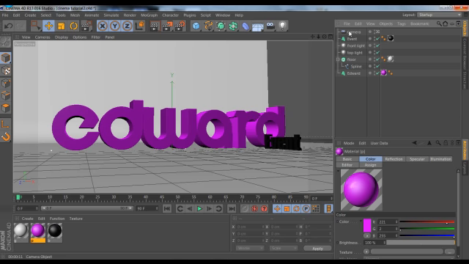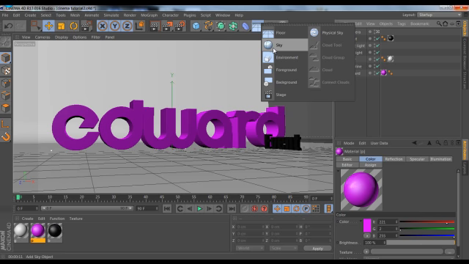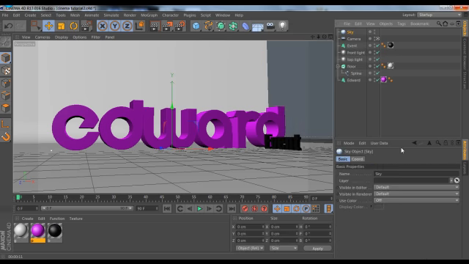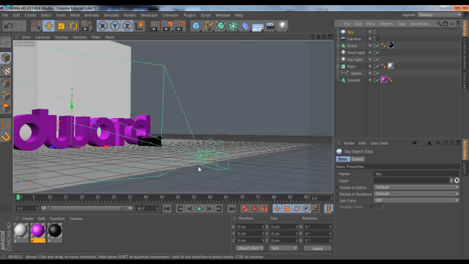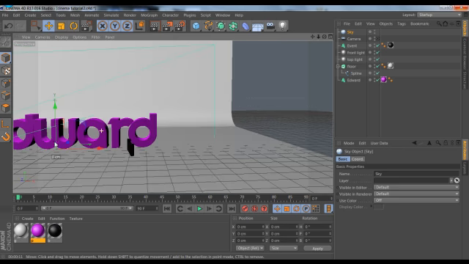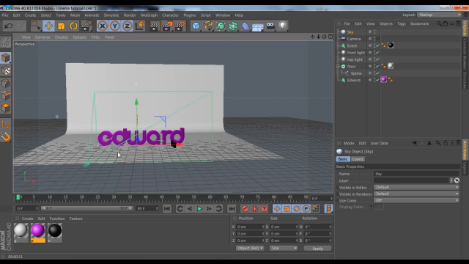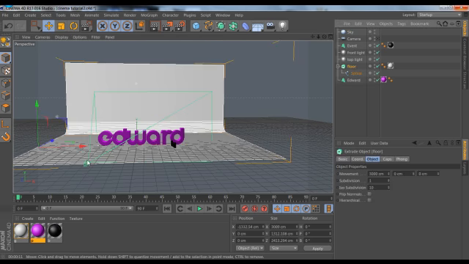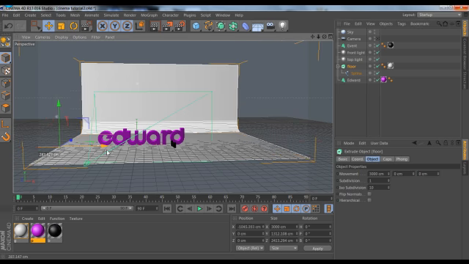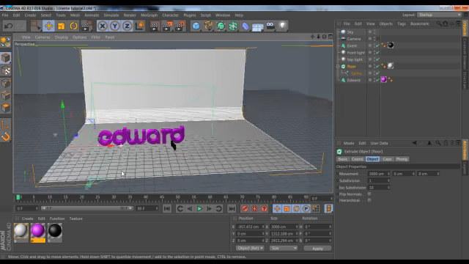So let's add a sky object. We go to this icon here, go to sky. So we have a sky object added. Cool. Now with our sky object added, let's move out of the camera. So now we are in the editor's camera. I try to move out, and I want to align my plane, my floor, to be somewhere, maybe something like that, because as you can see, this is the